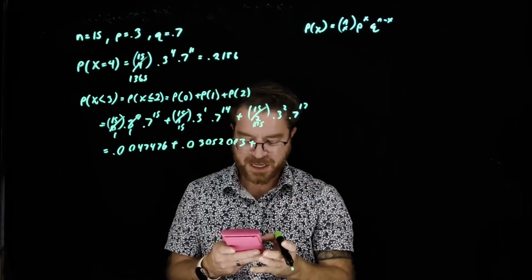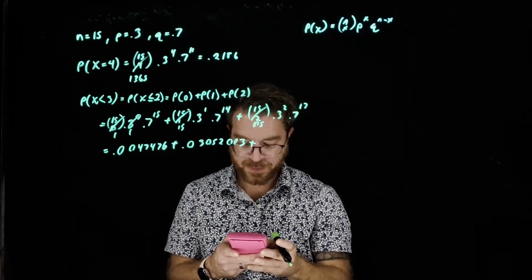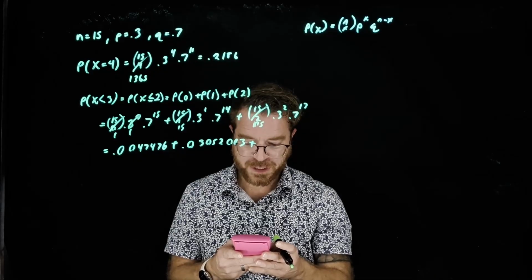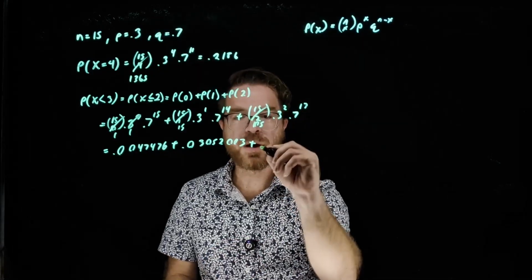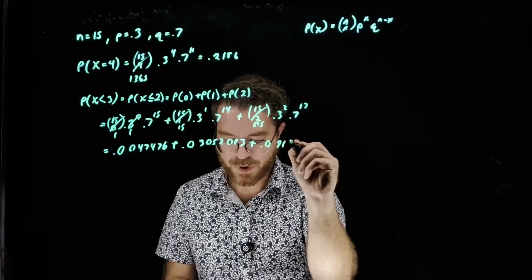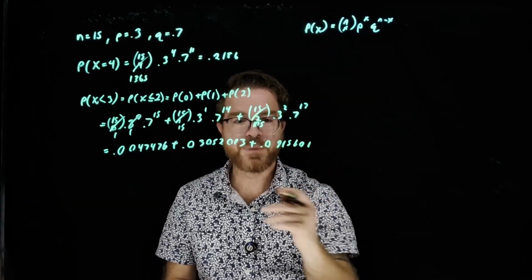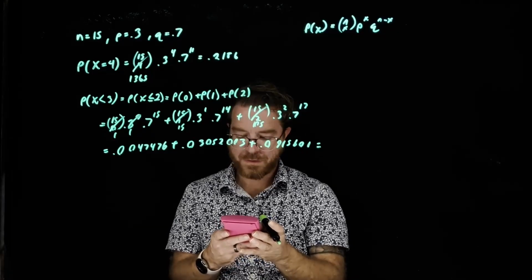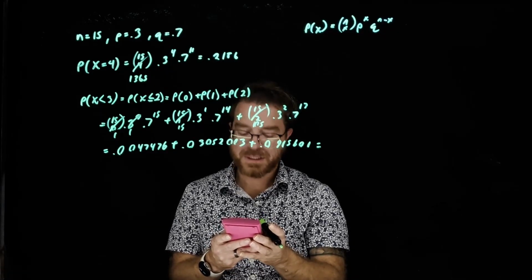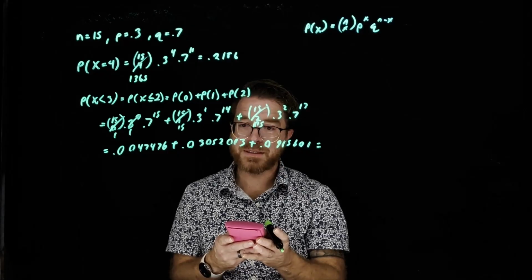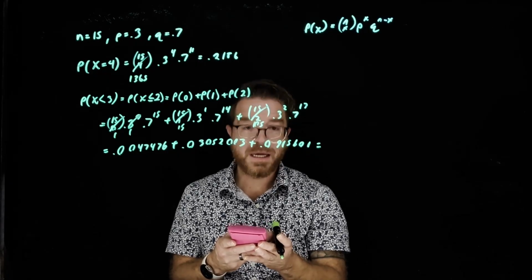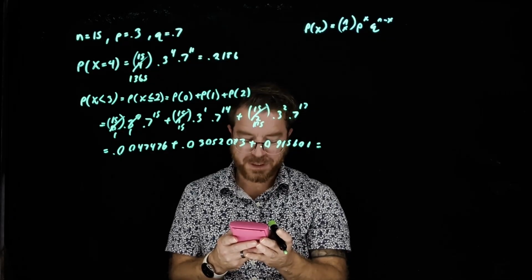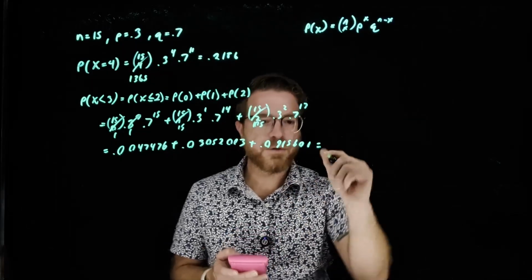So 105 times 0.3 squared times 0.7 to the 13th power is going to give me a probability of 0.09156001. So adding these all up together, I get a total of 0.0474776 plus 0.03052003 plus 0.09156001, and I get a total of